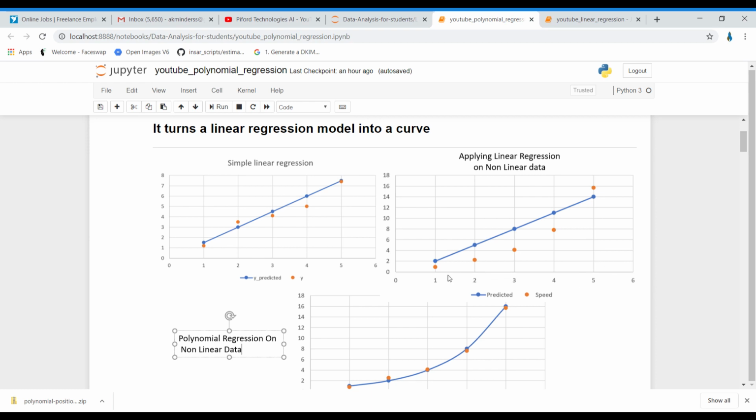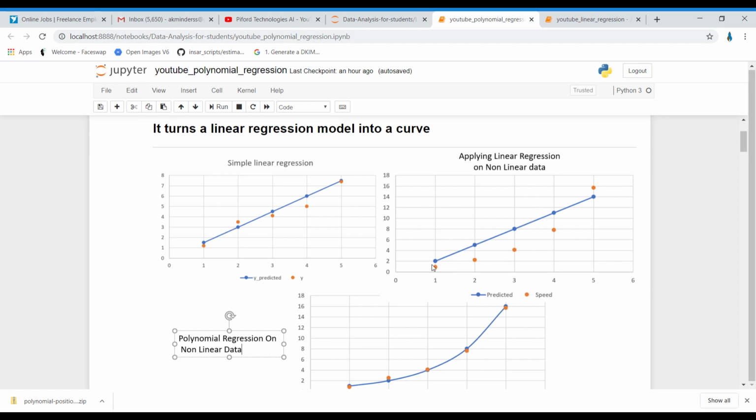But now let's see this particular graph. This is the x-axis and y-axis. Orange points are the actual dataset and blue ones are the predicted output. Now over here, this is our actual dataset, and this data is not linear data. This is non-linear data. And what is linear data? Linear data simply means data where you can fit a straight line easily and you can get good results.